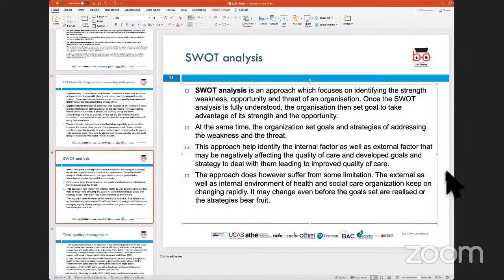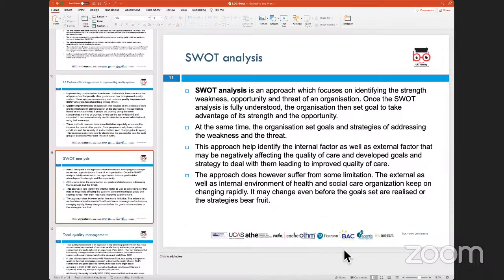Now, in this approach, we are looking at identifying what are the key strengths and weaknesses of the organization, and in particular the staff, and what could be the areas which could be prone to threat if standards are not met or if standards are overlooked. So in this case, when we talk about weaknesses in particular, the approach here is to look at breaking the